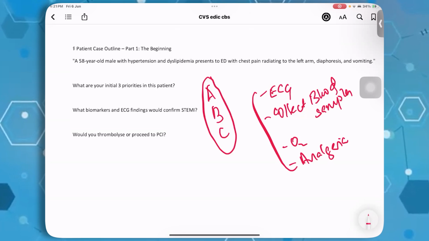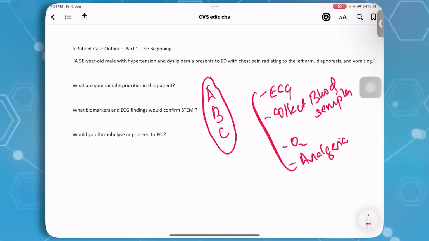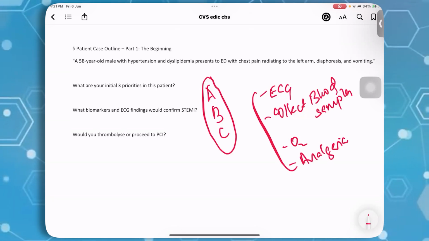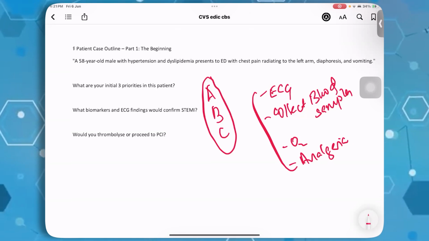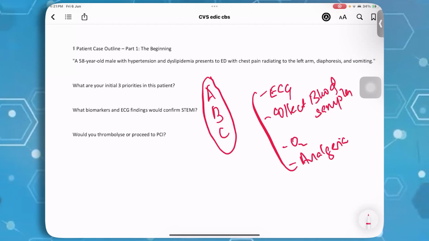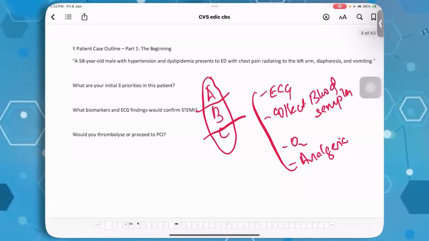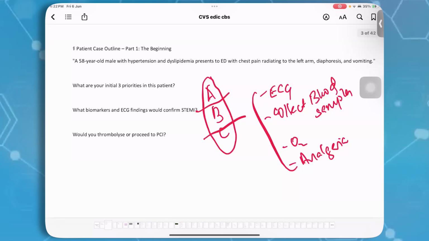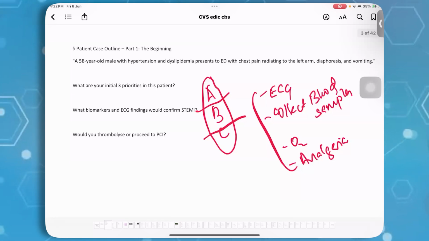Everything else can wait. But ABCs must be discussed. Whenever you say ECG, make a habit of saying acute coronary syndrome, divided into unstable angina,